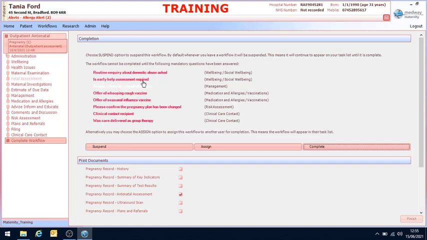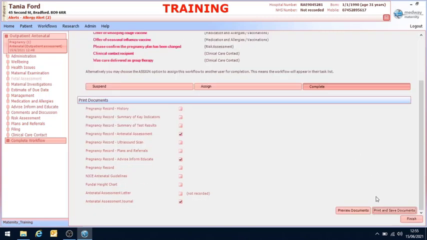On the live system, all the mandatory questions should be completed, otherwise it will not allow you to complete the workflow. If we select complete, print and save,